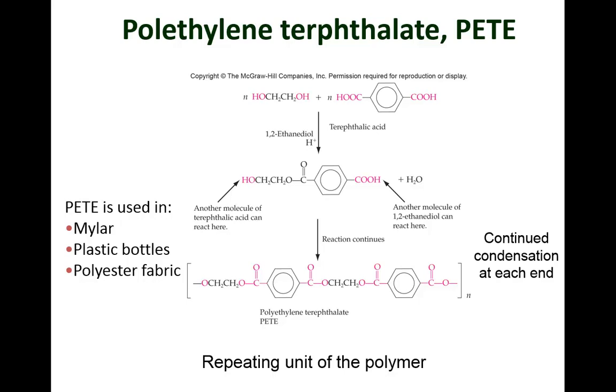But this is the process of making this PET, which is a polymer. Now, what is a polymer? It's a repeating unit over and over again, and that forms strands, and those strands then can form, as we make them longer and link them together, we get something like the plastic bottle. All right. So here we have,